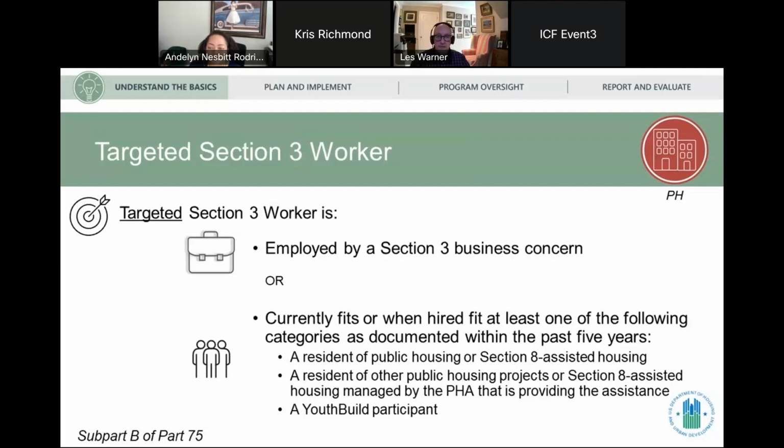I guess the other part of this I'll just mention is they don't need to continue to be income eligible. It's good that they were income eligible when they were hired, and that becomes an essential part of being a Section 3 worker. But with this look back period, we can have a worker that qualified when they were first hired, but now have moved forward and gotten some raises and be doing better, but that employer still gets credit for up to 5 years for adding that worker to their workforce and helping them move forward in their lives.